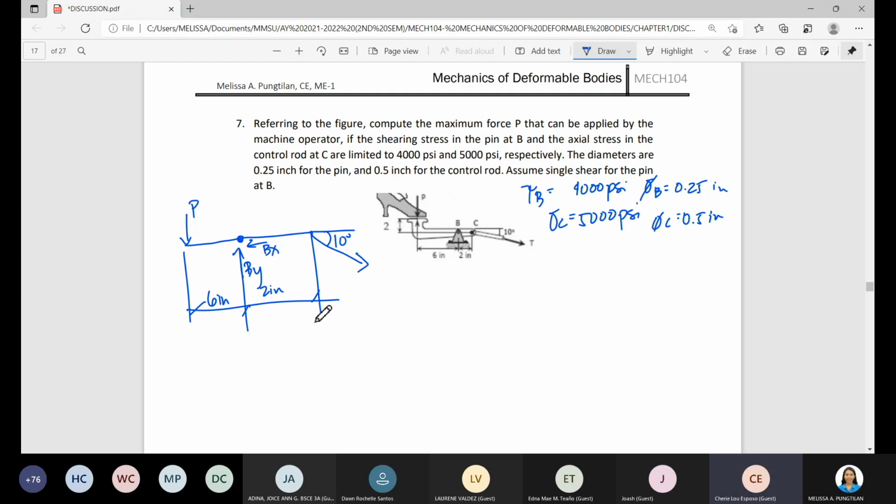Ang gagawin natin dyan, let's take the summation of moment at P is equal to 0. Clockwise positive. So, meron tayong, this one is T. So, yung horizontal component, this one is T cosine of 10 degrees. And then we have here T sine of 10 degrees. Tama. So, we have T sine of 10 degrees. Moment arm is 2 inches